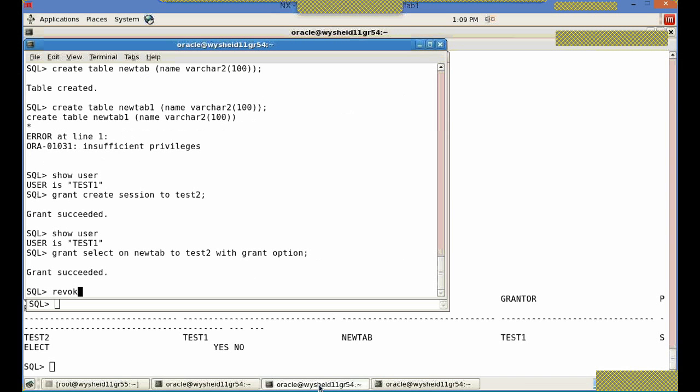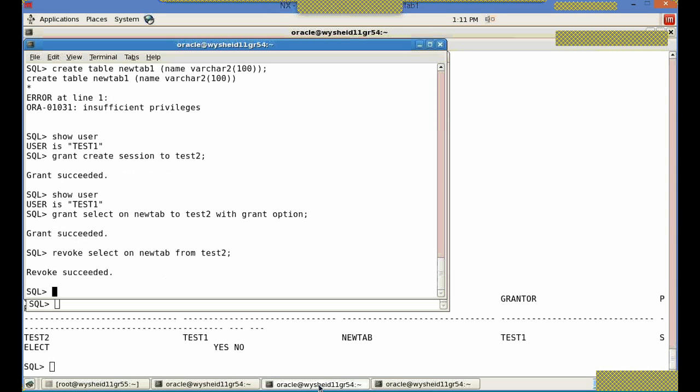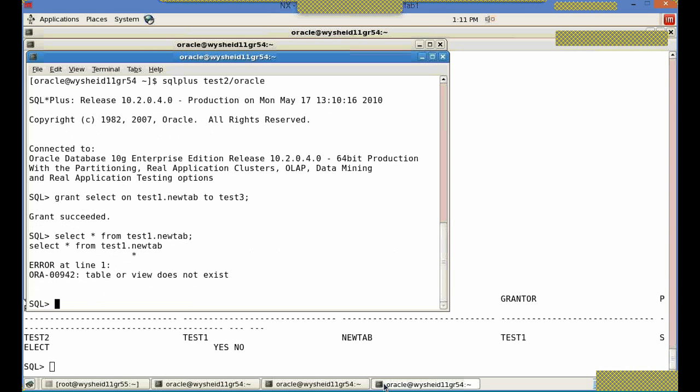So revoke select on new tab from test2. The privilege is revoked. Now let's select star from test1.new tab. The table or view does not exist,